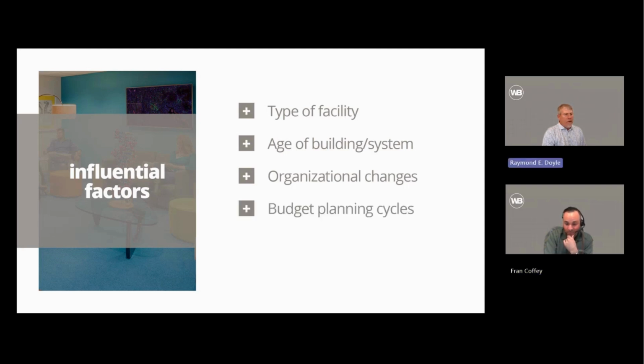Yeah, so you get into financial cycles and then budget planning. And the key thing there is to understand the value of your money. So if you're looking at an asset today, it might cost you, say, $50,000. But if you have to move that money forward, say 20 years, or even 10 years or 5 years, let's just say it's moving it forward 10 years. If you take $50,000 and you move it forward 10 years, and you're going to replace that in 10 years, you have to figure out what that is going to cost 10 years from now.